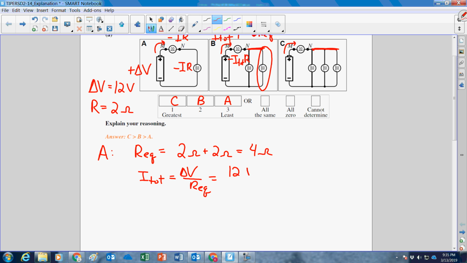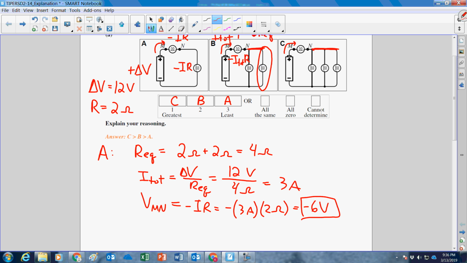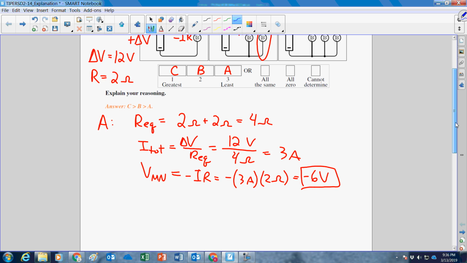12 over 4, which is 3 amps. So then the voltage drop for MN is going to be negative IR, so that's going to be negative 3 amps times 2 ohms. So it'll be a drop of 6 volts, which is what we expected. It's half the voltage of the battery. But then for B,